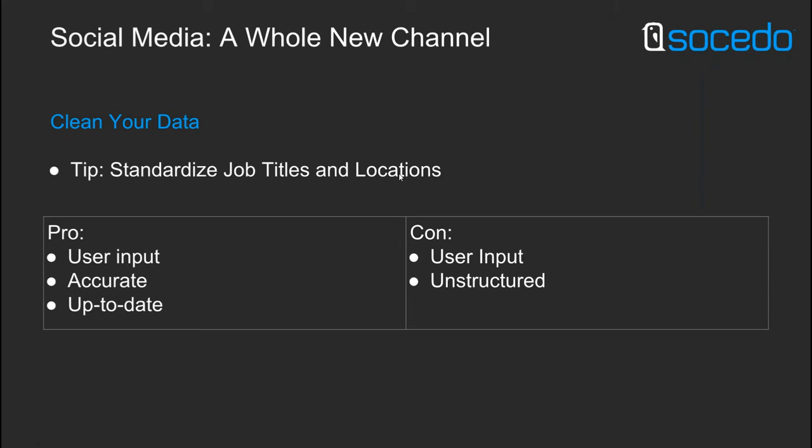You might have a pick list on your forms that says, here are different job functions, which one are you in? You want to be able to translate job titles that come in through social media, that could have a wide variety of different variations in them, and be able to translate those into one standardized set of values. And so, for example, I might say anyone who comes in with the word content in their job title, I'm just going to call them content marketing manager. Or anyone who comes in with either search or SEO, I'm just going to call them a search marketing manager.